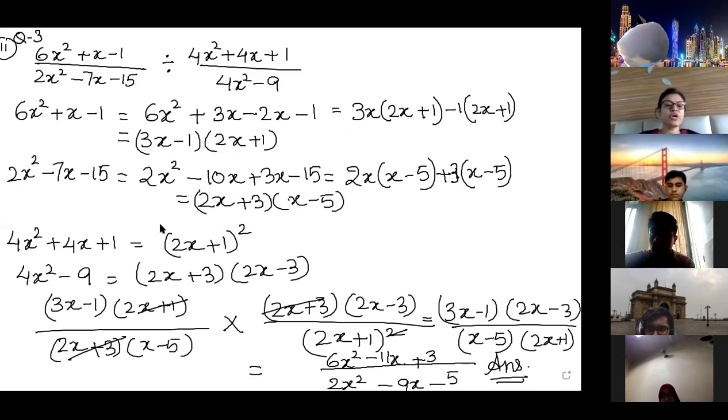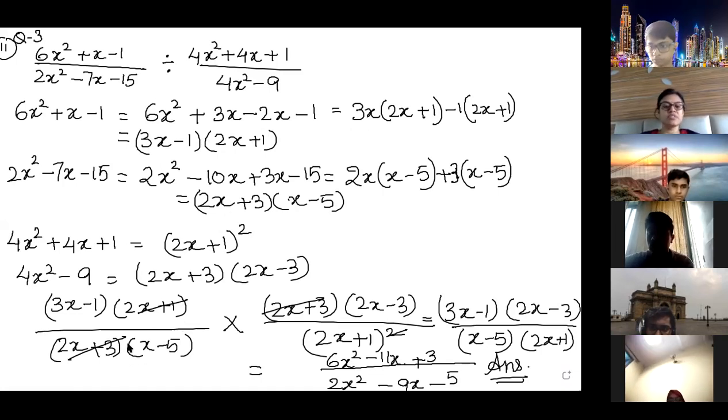Now all of you have joined. This was the question that we were doing in the last class and we were getting the wrong answer. So I did it over here once again. Just check the factorization. There was something missing in the plus and minus signs in the factorization, so that's why we were getting the wrong answer. Just put it over here and this is the correct answer. Okay, now we are going to do the next question. Now do this question.